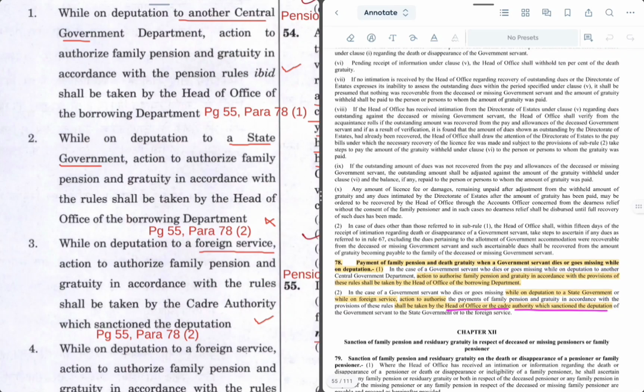So this is actually statement 2 and 3 combined, which are coming out of para 78 subpara 2. तो एक तो हेड ऑफ ऑफिस है, दूसरा कैडर अथॉरिटी है. सो स्टेटमेंट 3 तो सही हो जाएगा क्योंकि कैडर अथॉरिटी यहाँ दिया हुआ है, यहाँ हेड ऑफ ऑफिस दिया हुआ है और बॉरोइंग डिपार्टमेंट. तो यहाँ पे स्टेट गवर्नमेंट के केस के अंदर